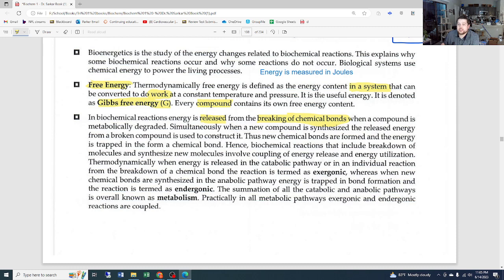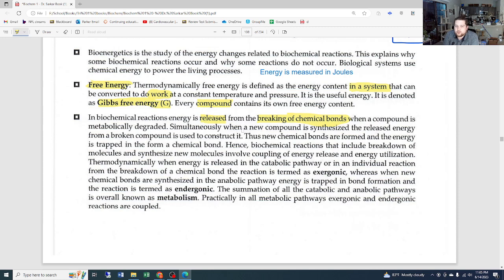When energy gets released, it usually comes off as heat. So when energy gets released, you get an increase of heat in the system. Increase of energy in the system increases heat, and that'll be our exergonic. Okay. But when a compound is metabolically degraded, simultaneously, when a new compound is synthesized, the released energy from a